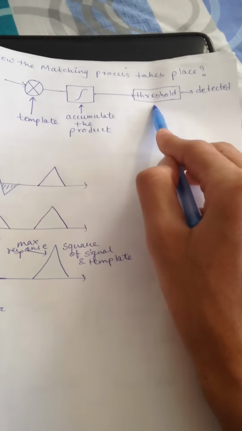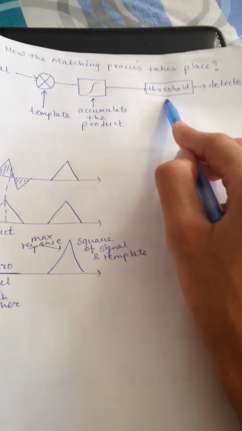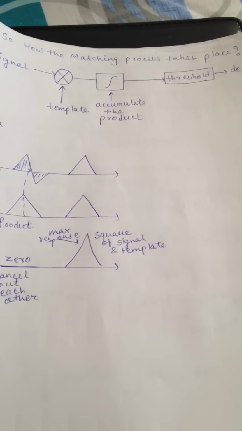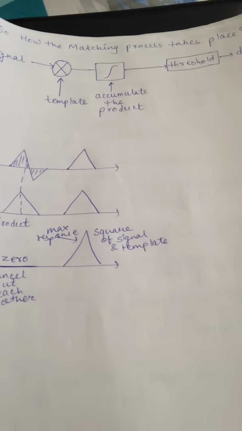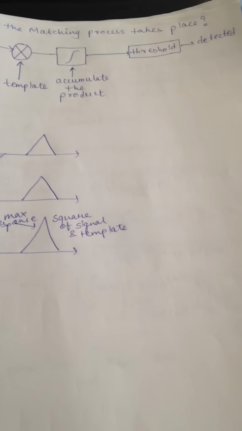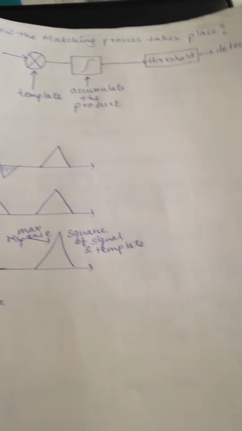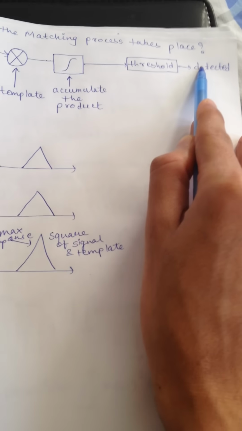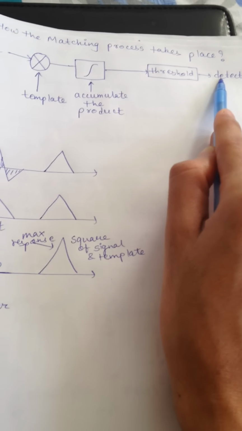That is compared with a threshold, which gives a perfect value of whether the convolved signal is the one that we need or not. If it perfectly matches with the threshold, that means we have detected the impulse,